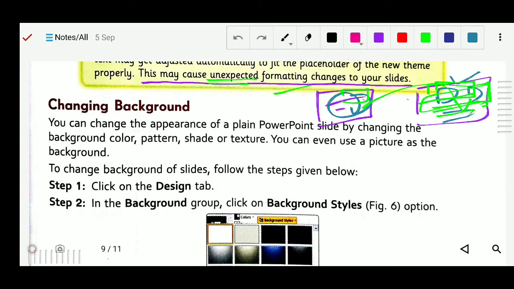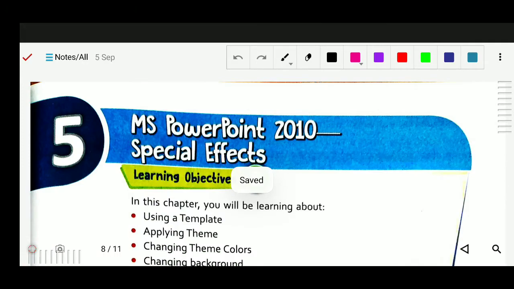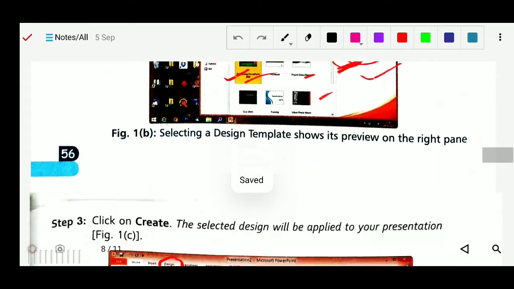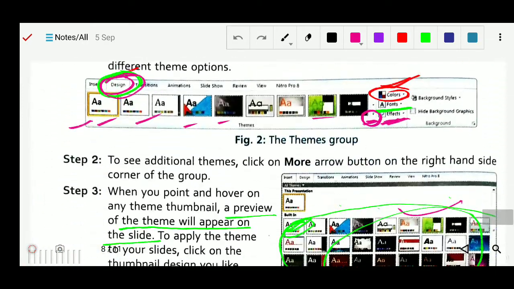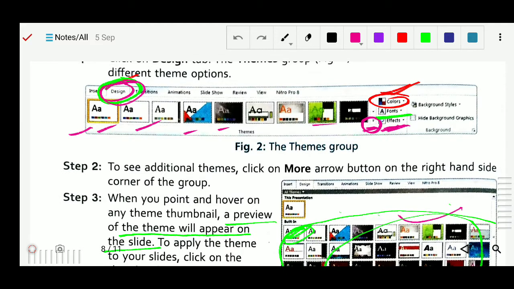First of all we will click on the design tab, then after that, you can see background style here. We will click background style, so we can change the background style. The effect option we can use for the texture, we will also study about this effect.